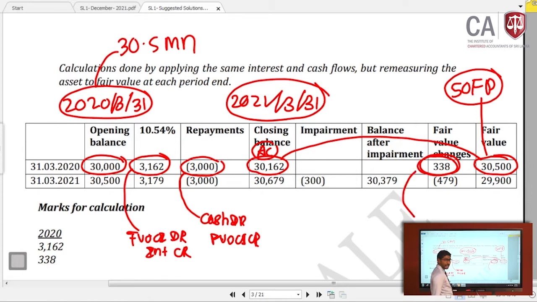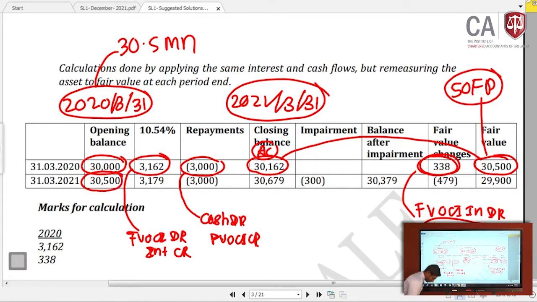So what is the double entry? Can I show this fair value in P&L? No, it should go to OCI credit. Double entry: fair value through OCI investment account debit and OCI credit, or we can say there should be a separate reserve called fair value reserve in the equity statement, and that reserve you have to credit 338, right? Second year